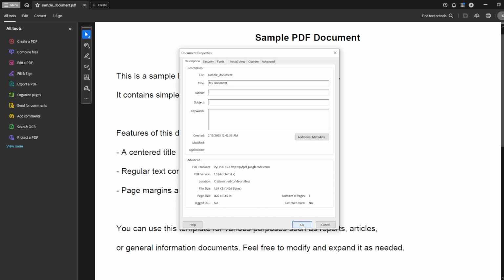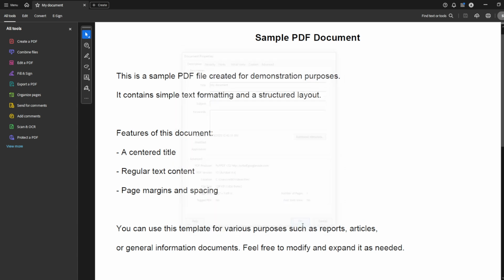Simply erase or overwrite the existing text with the new title you've chosen. It's as simple as typing in your new title, ensuring it's clear and accurate, as this will assist with easy identification in the future. Once you've entered your new title, the last step is to ensure that your changes are